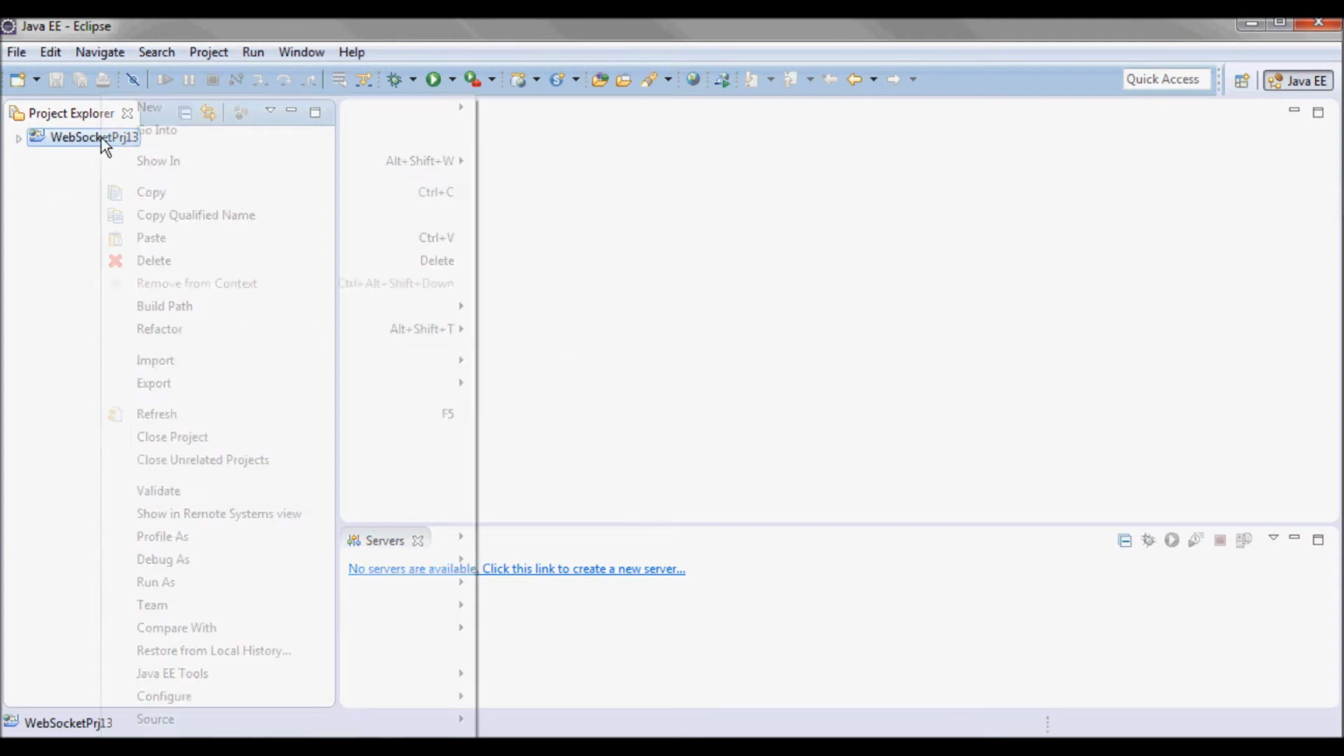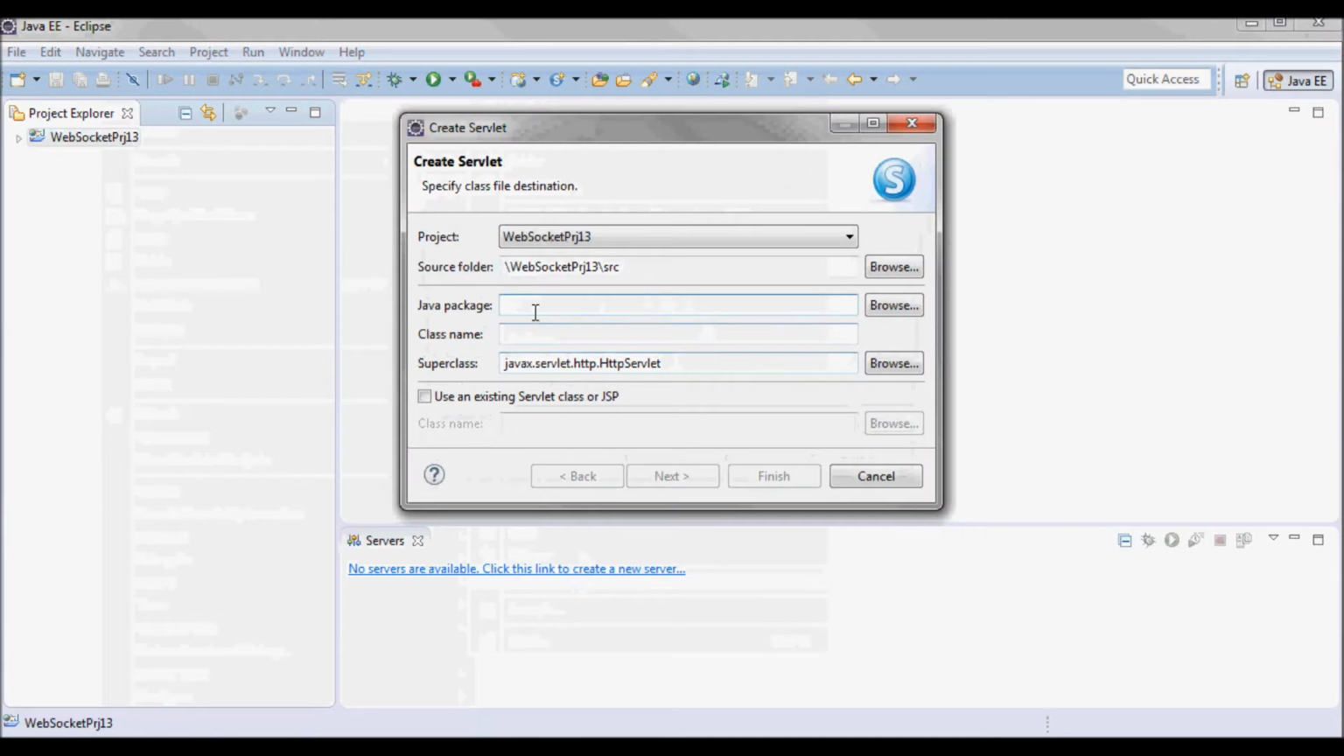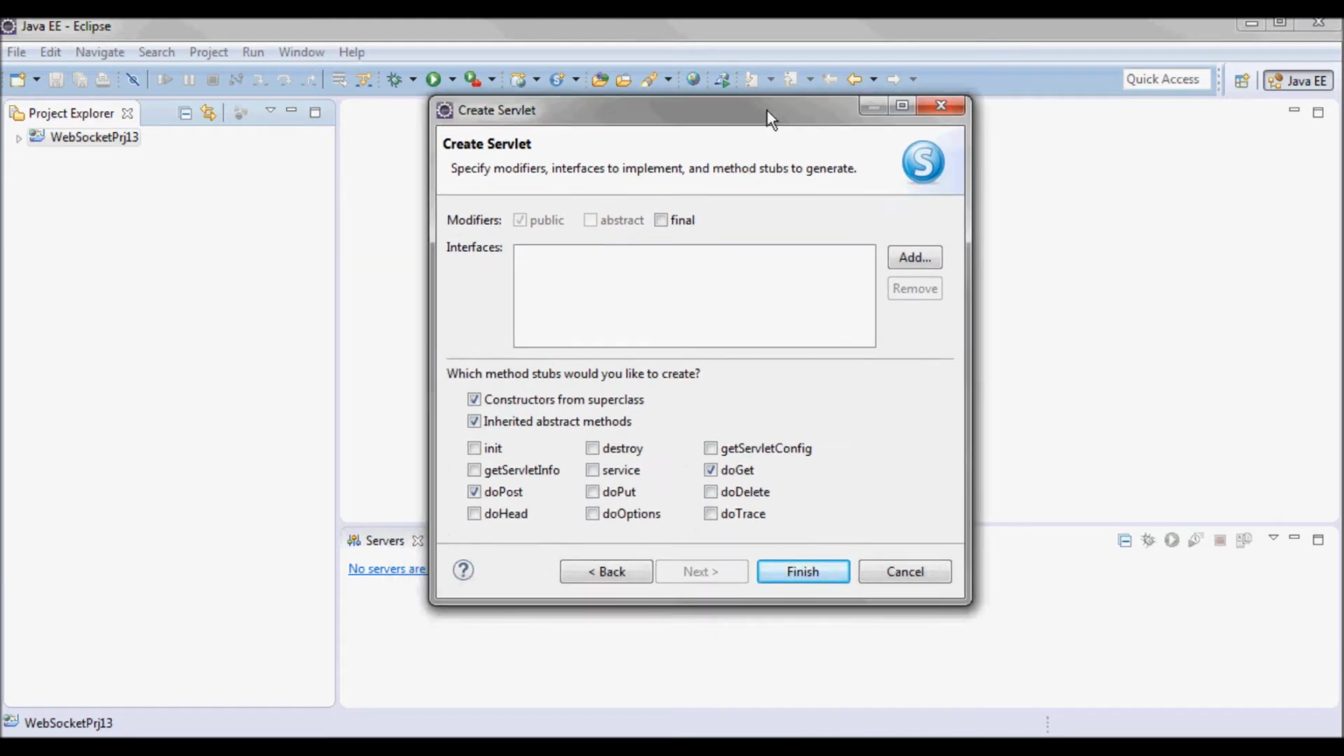Next, I'll create a servlet class, UsernameServlet, that will be in this package. And for the purpose of this tutorial, we'll only have a doGet method,